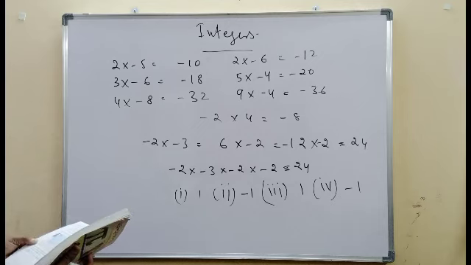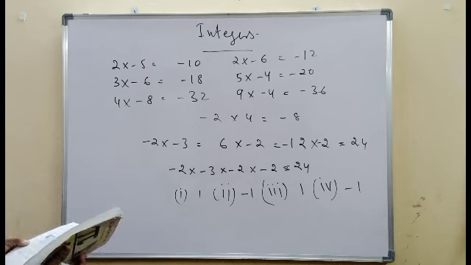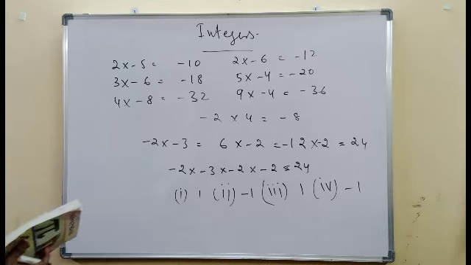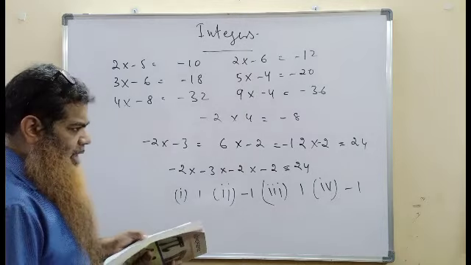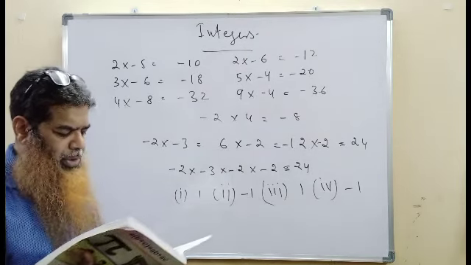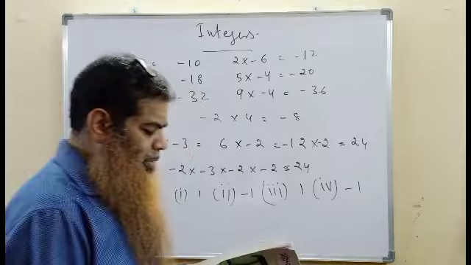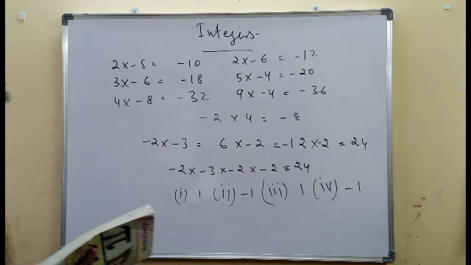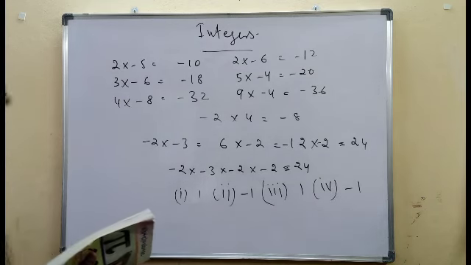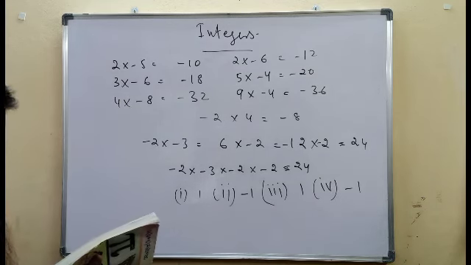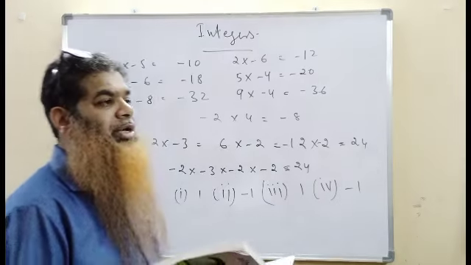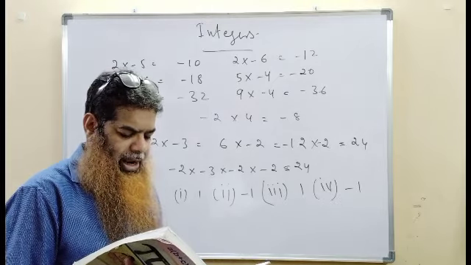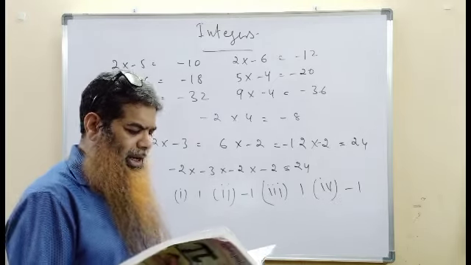We further see that in A and C above, the number of negative integers that are multiplied are even, 2 and 4 respectively, and the products are positive integers. The number of negative integers multiplied in B and D are odd, and the products are negative integers. Thus we find that if the number of negative integers being multiplied is even, then the product is a positive integer, and if the number of negative integers being multiplied is odd, the product is a negative integer.